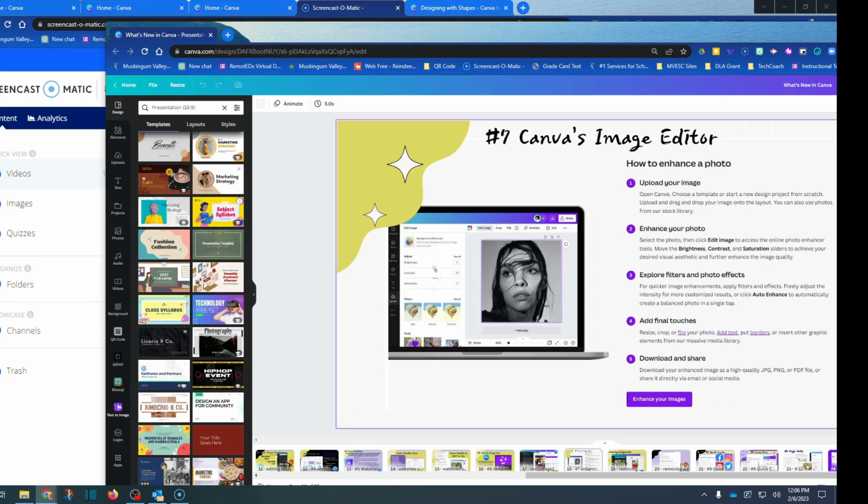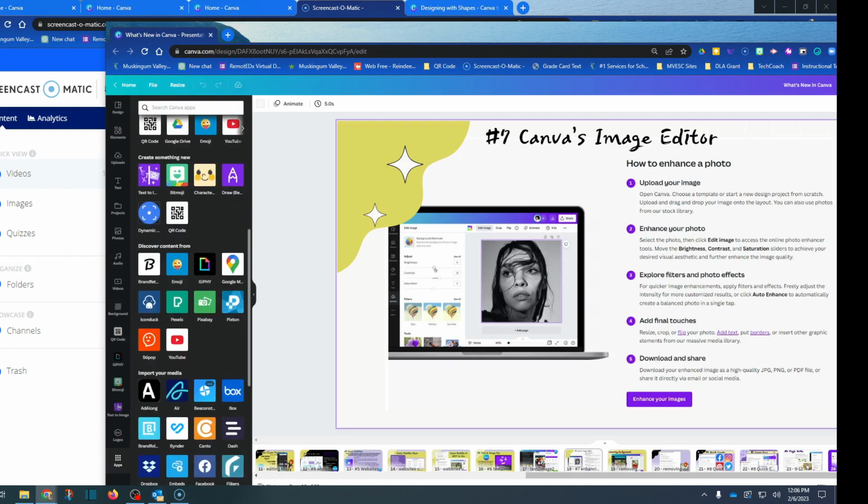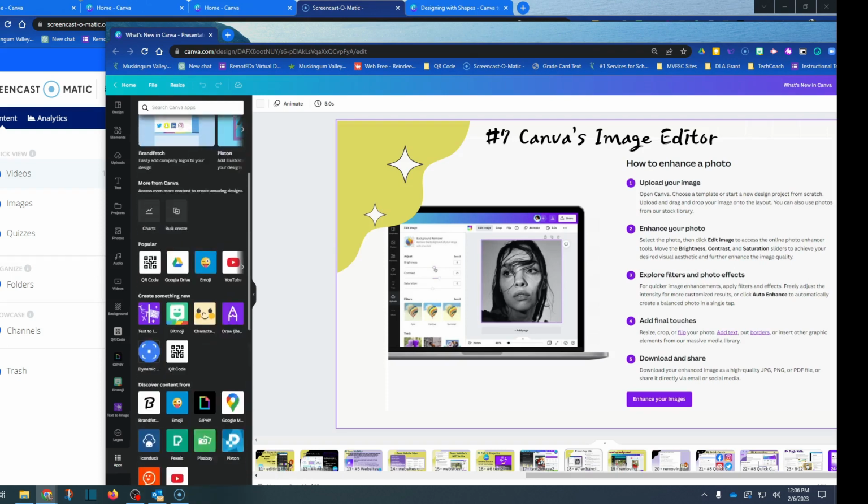Now, if you've never used the text image, mine happens to be right here. You can kind of see it on my screen. But if you've never used it before, I'll show you where to find it. It's down here at the bottom in this little waffle that says apps. You click on that, and here are all kinds of different apps that can be pulled in and used in Canva.